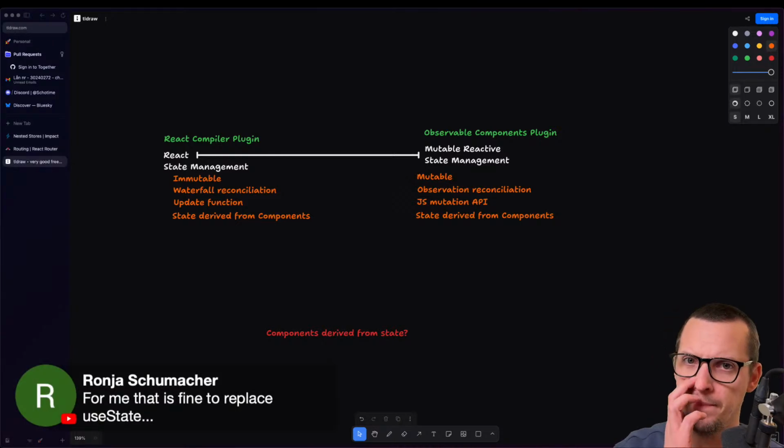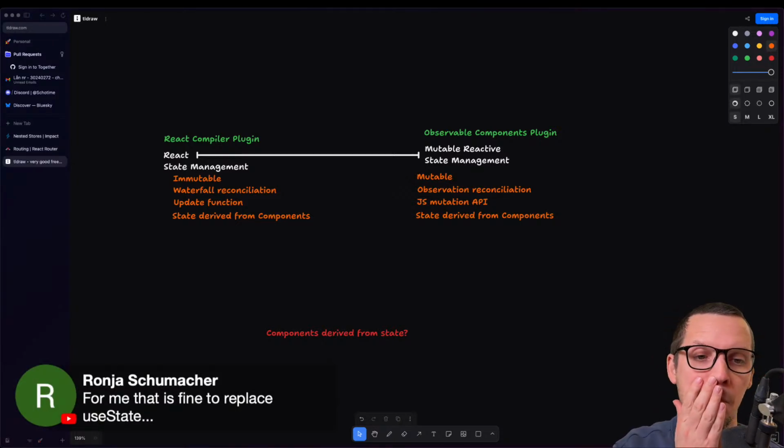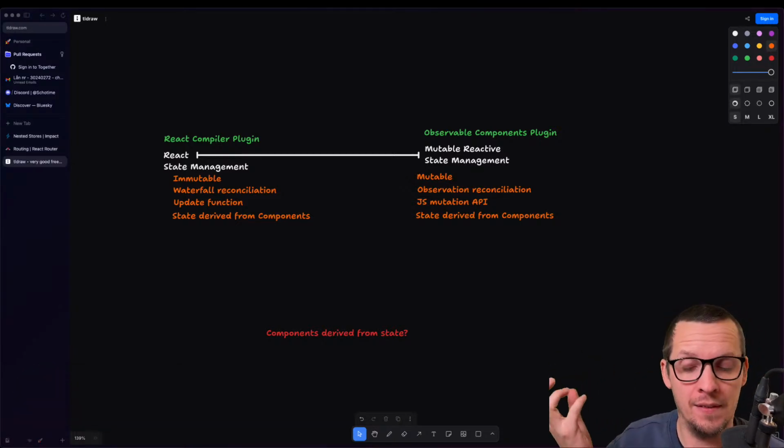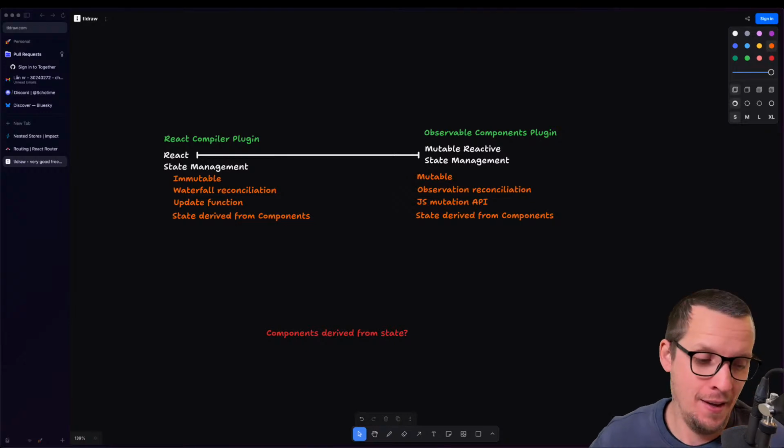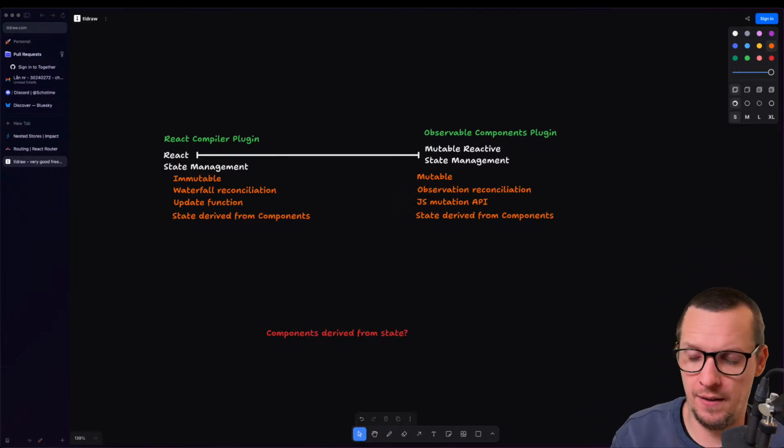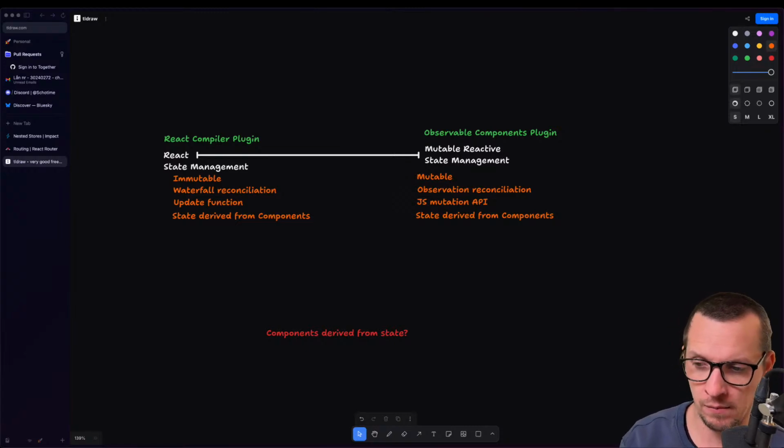And it's not like you don't have to replace it, but those two hooks are very different. They behave very differently.